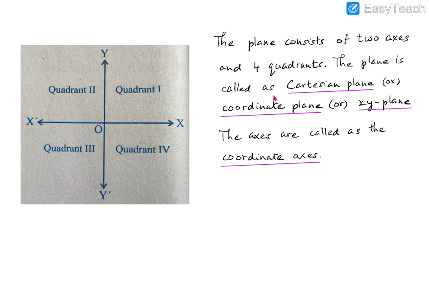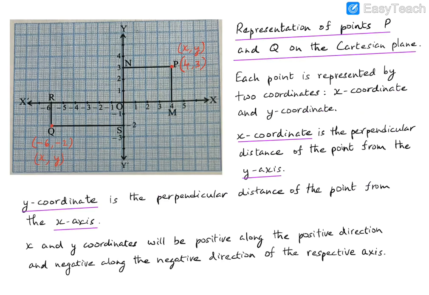It is called coordinate plane because we are representing points on the plane using the coordinates, and we are using the x and y coordinate values. So it is also called the xy plane. So this is the basic way of representing points on a plane using the Cartesian plane system or the coordinate plane system. Okay,